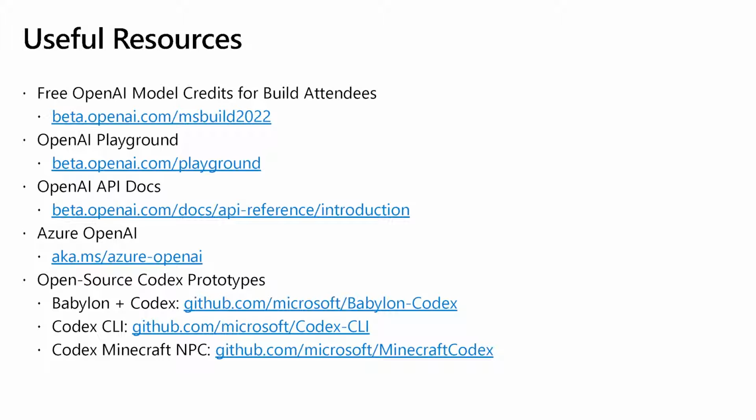And then last on this slide, we're super excited to open source three prototypes that we've built with Codex. One takes natural language and produces code to generate 3D scenes. The second here takes natural language and uses it to generate command line commands in PowerShell, Bash, and Z Shell. And the very last one uses Codex to power a non-player character in Minecraft. So as of today, those will all be available and open source on GitHub for you to pull down and